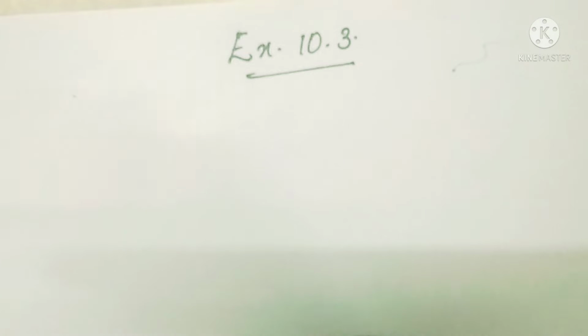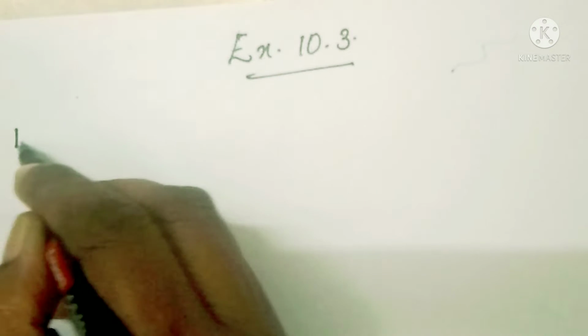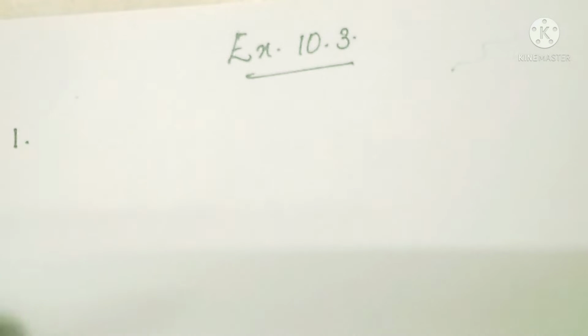Students, today we are going to discuss exercise 10.3. The first question is, can a polyhedron have for its faces 3 triangles? Now we have already learned that a polyhedron is a solid figure which has